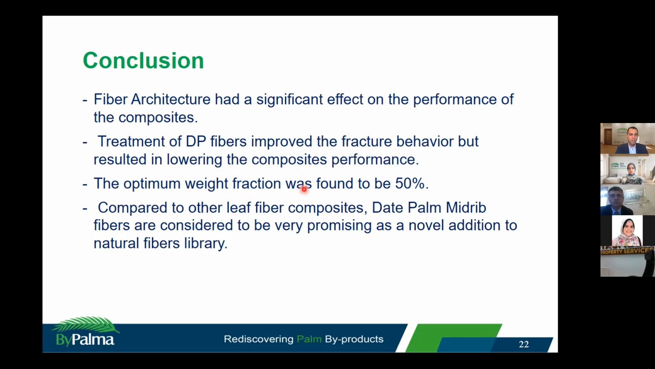Regarding the weight fraction, it was found that 50% showed the optimum results, and this could be a good guiding point for composite designers that are aiming to develop highly sustainable date palm fiber composites. And comparing these results with other leaf fiber composites, we can say that these results are comparable, and that the date palm midrib fibers are considered to be very promising as a novel addition to the natural fiber library and also an alternative reinforcement rather than the